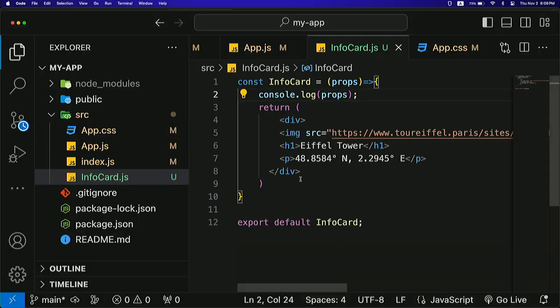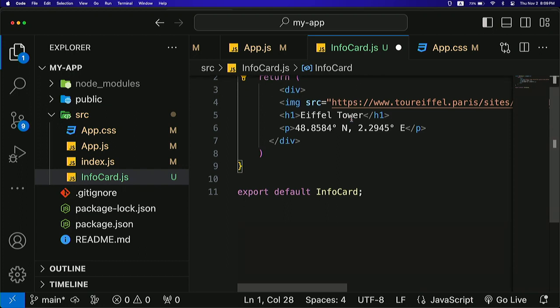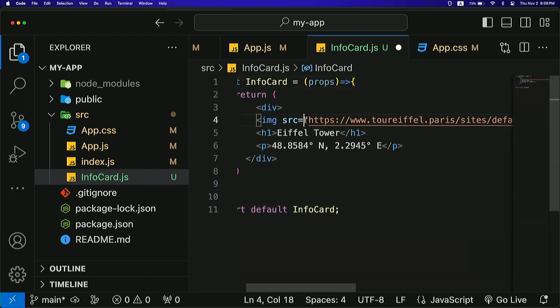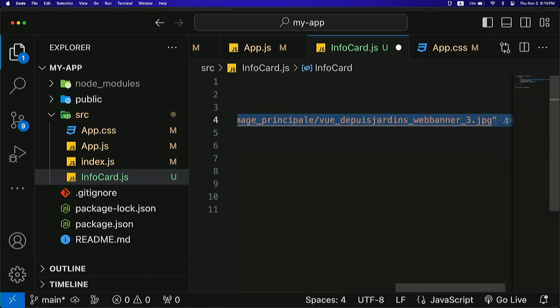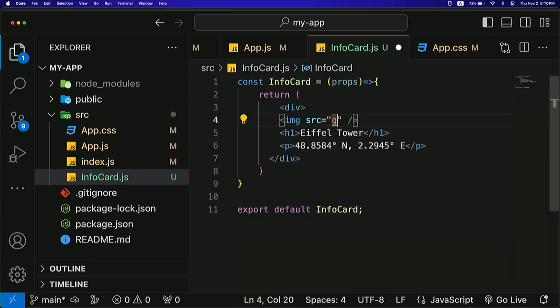So we head over to our info card component, and in here, we can actually inject. To access the image in props, we just say props.image, right? It's a typical object. So in the source right here, I can actually inject props.image. Now, of course, you don't do this because that's the literal URL. So you type in